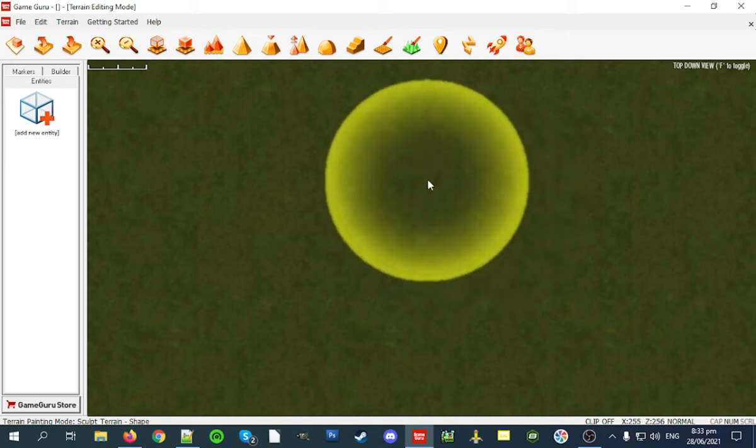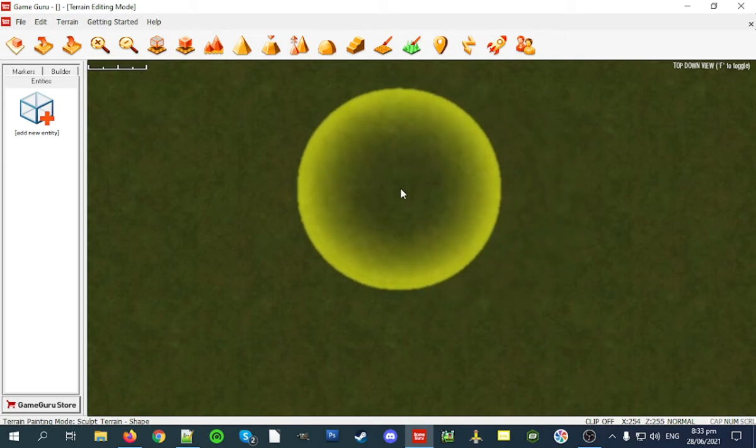Hey guys, today I'll be showing you how to move an AI with scripting without the use of GameGuru's waypoint